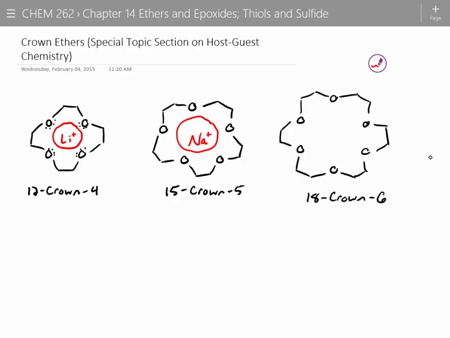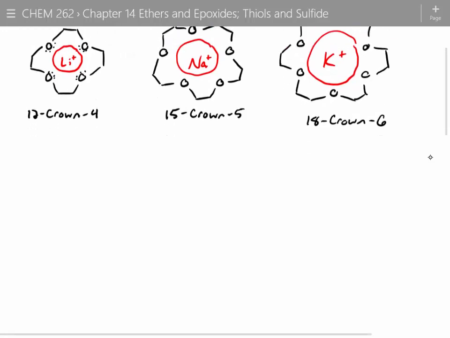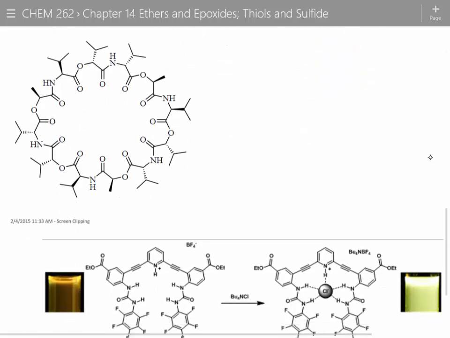If we go to 18 crown 6, which cation do you think fits in there? Potassium. So what this is called is host-guest chemistry, and this is actually what I got my PhD on at UO. And this is a big deal for a variety of reasons. The Nobel Prize was awarded in 1987 for host-guest chemistry. And what they were essentially doing was trying to mimic some of the things that are observed in nature. In particular,